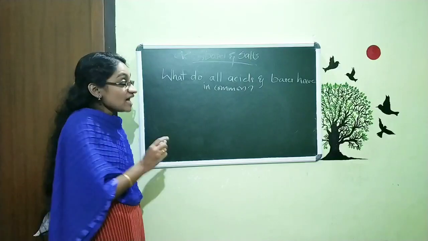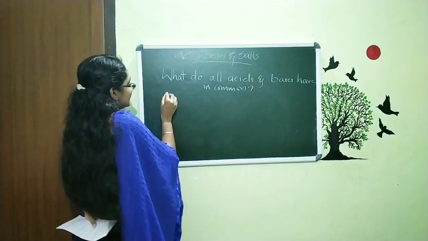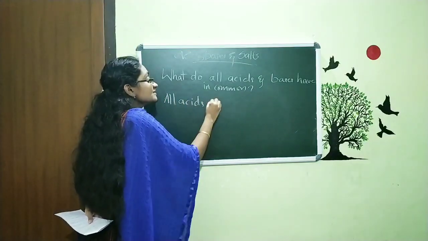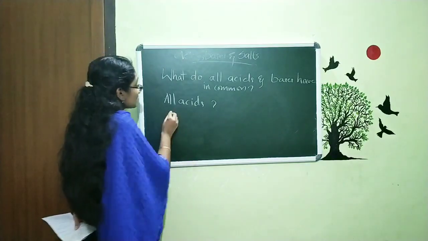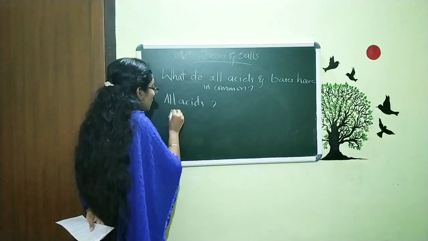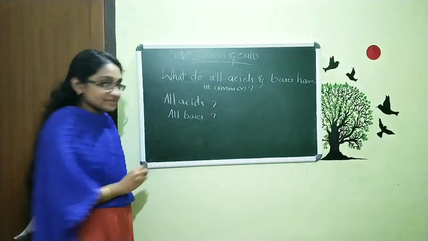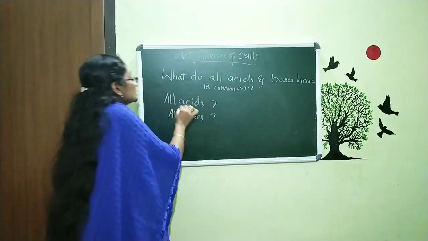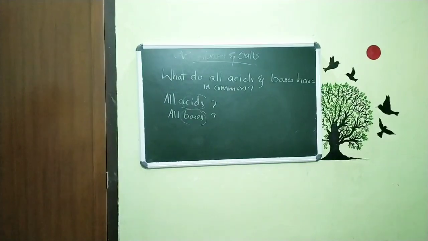That means what is the common thing for all the acids? For all acids, what is common there? Or we can ask, what is the common thing for all the bases? That is the thing we are going to check. What is the common thing for all the acids and for all the bases? So, for that,